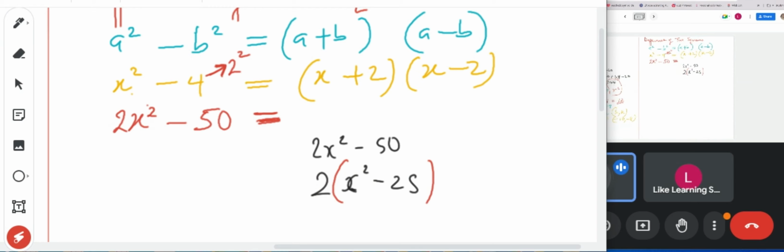Yeah, that makes sense. I understand now. Yeah, go ahead and finish it up then. Okay. So then, if it's now 2x squared minus 25, isn't the square root, so now do,